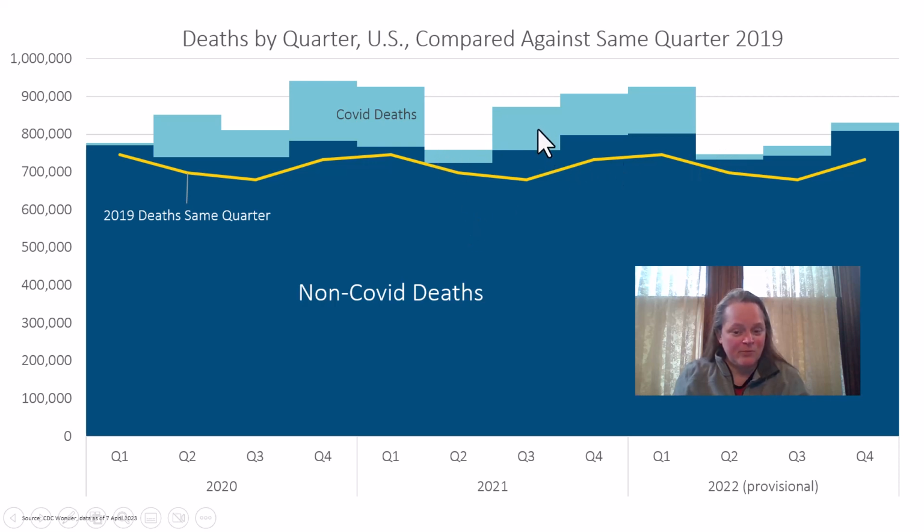But in the summer of 2021 and then the fall, we saw that Delta variant come in, and then the Omicron, we had this Delta Omicron. We saw peaks in terms of COVID deaths, but it was over this longer period, and then we see these small amounts. You can see, and I have this yellow line for contrast, where I had the total number of deaths for the same quarter in 2019, so we can have a comparison. So you can see this dark bar, which represents the non-COVID deaths officially for the same quarter, Q1 and Q4 for 2021.